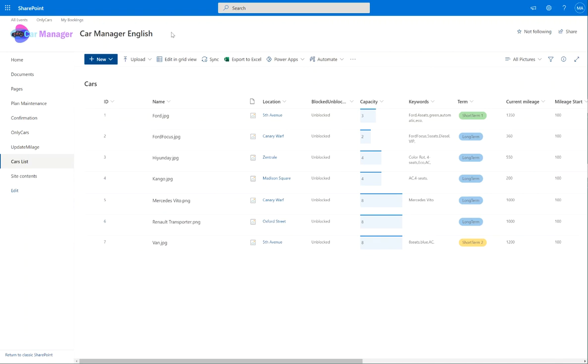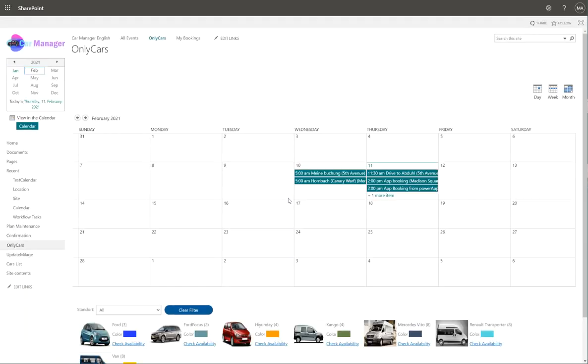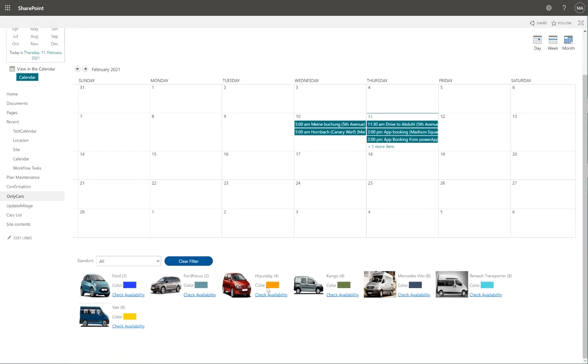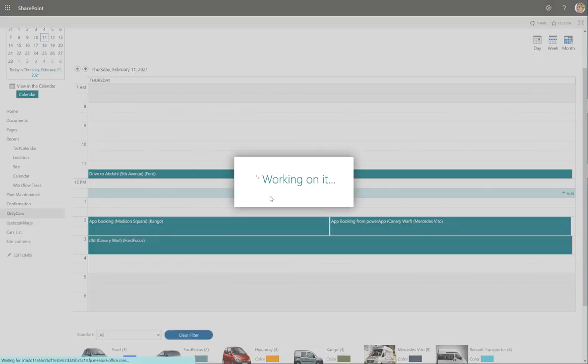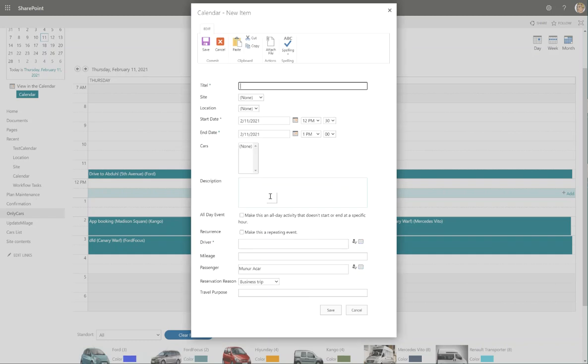Now, when the user wants to book a car, there are 2 options. One option is he uses the online form, right? We have a calendar, and in the calendar we have different cars which are available. There's a filter by location to see which cars are available in which location, and the user can simply double click the free time slot for the time interval he would like